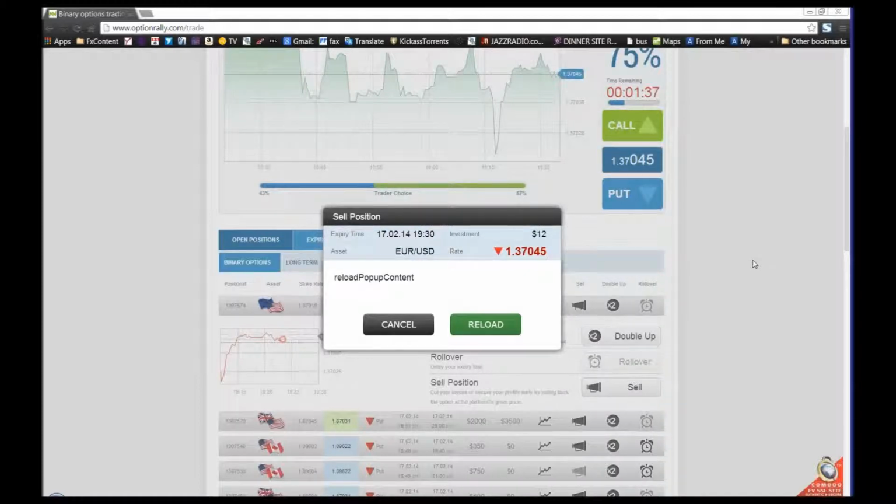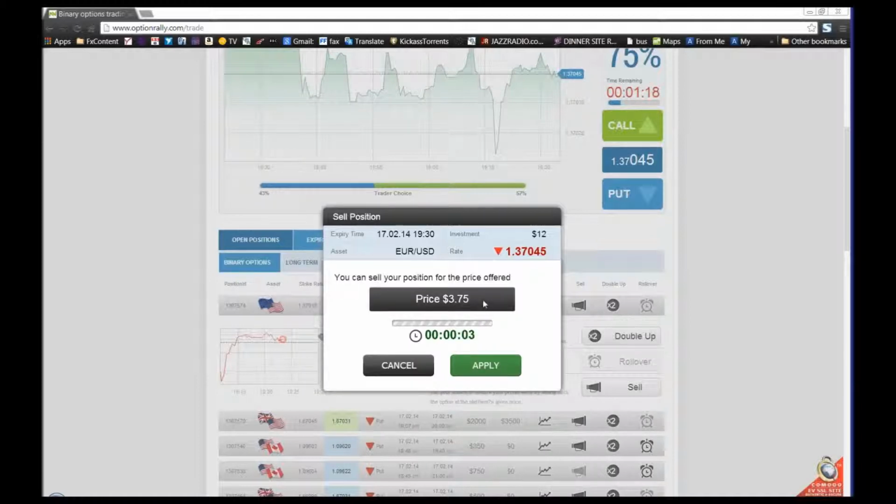Well, the fact is, you might have paid $12, but right now your trade's going to close in a minute and you've lost your money. So that $12 is long gone. Now you have a choice of no money or $3.72. Well, if you're a smart trader, you will always cut your losses. So if you click on the 372, now it's up to 375, you can simply click on